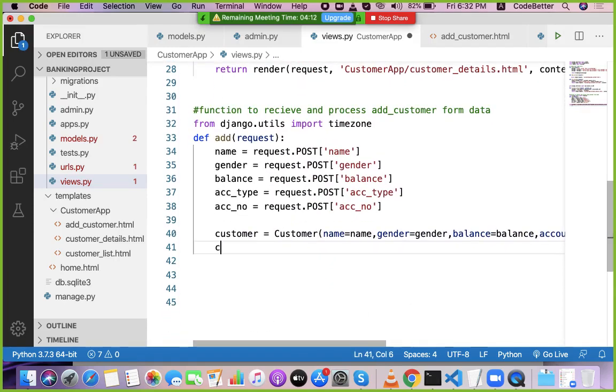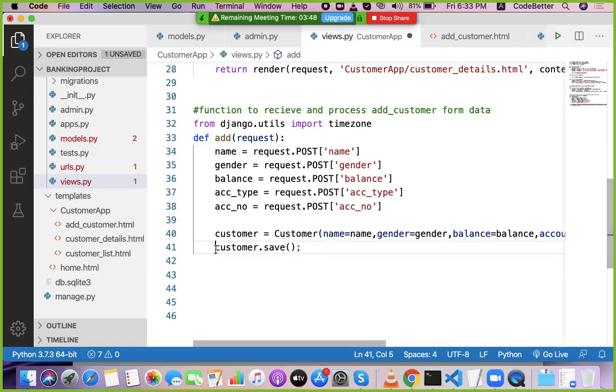Now we execute customer.save to save this customer object in the database. But if there is some failure in the database, it may generate some error. So to handle that error, we can use try catch here.